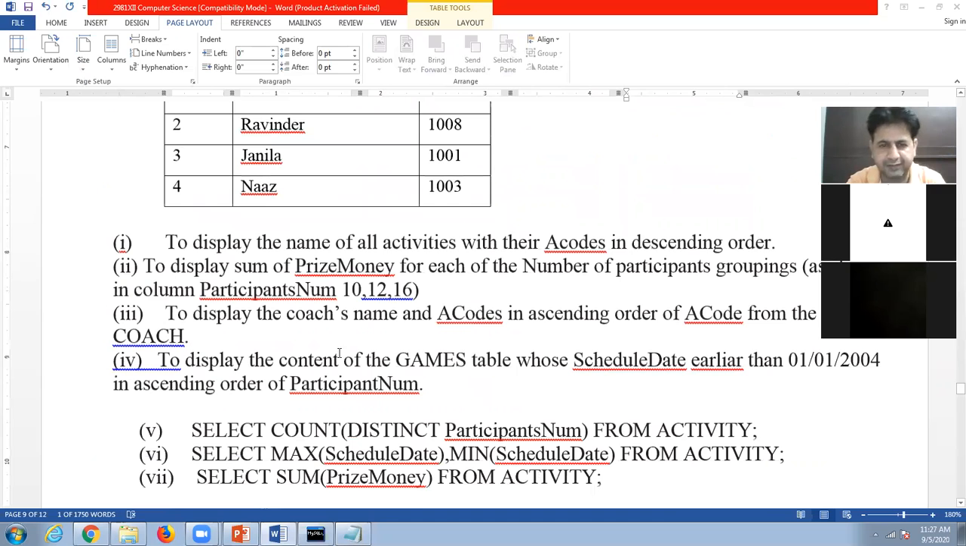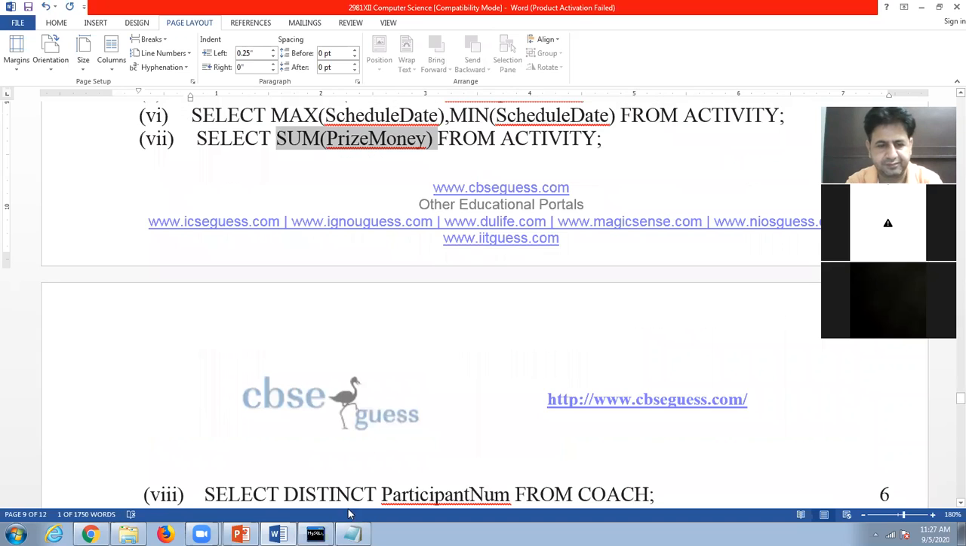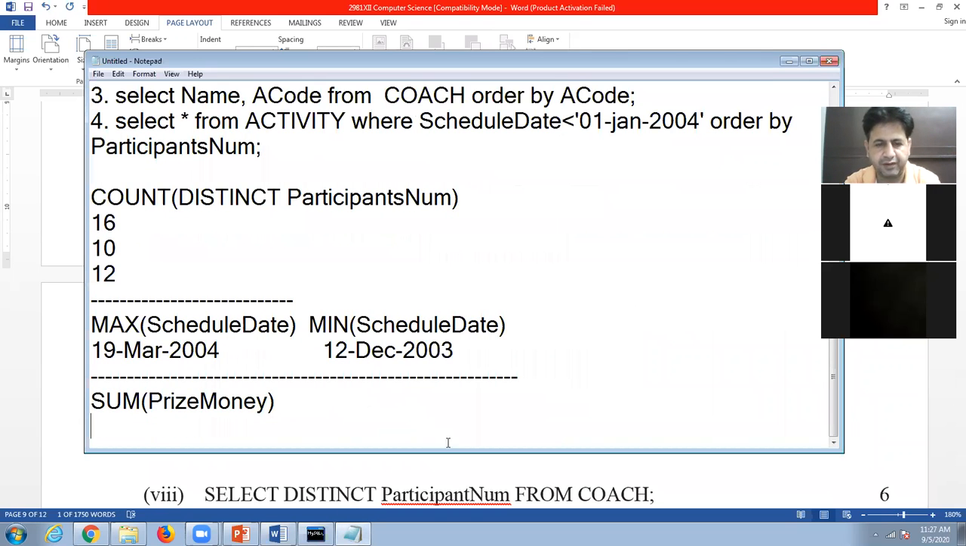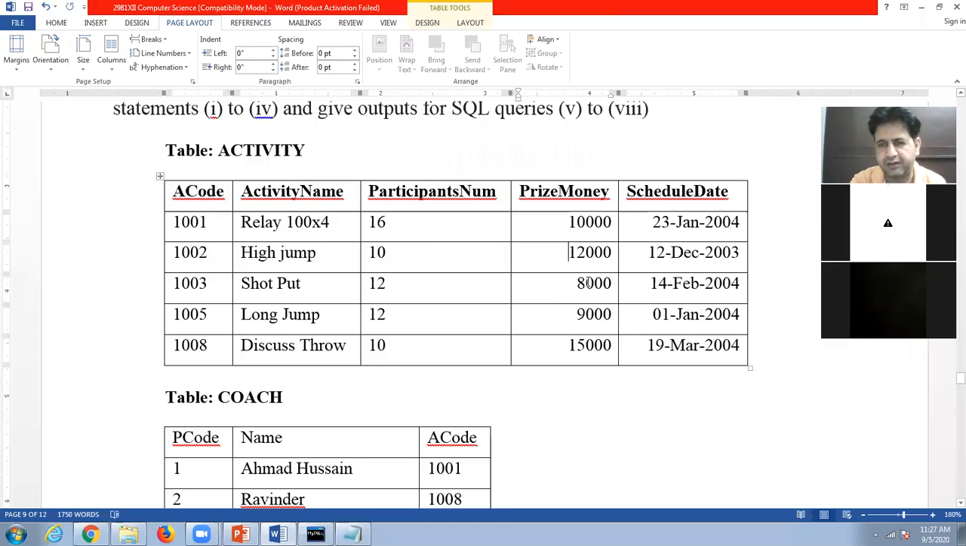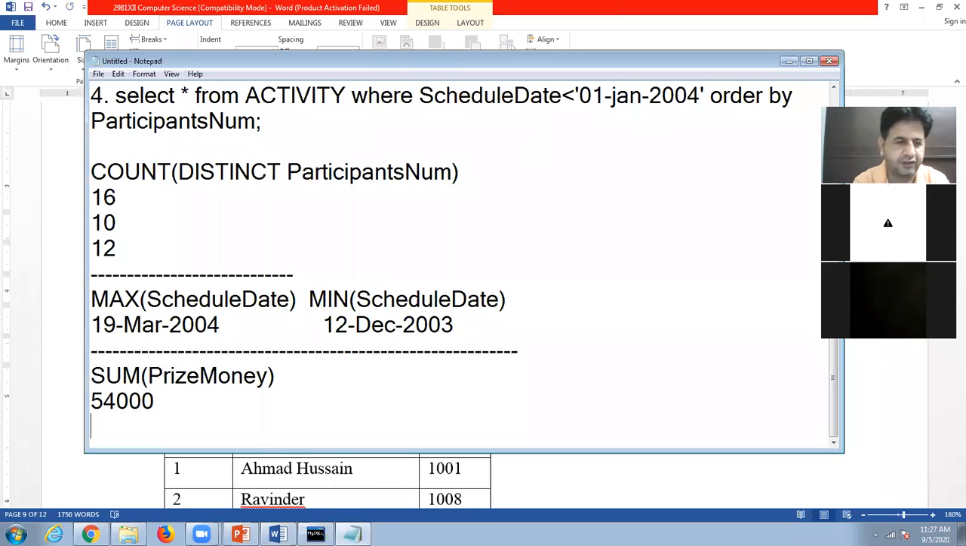Select sum price money from activity. So field name will be like this. Now find out the sum of all the price monies: 10, 12, 22 and 30, 39, 39 and 15, 54,000. Next question is